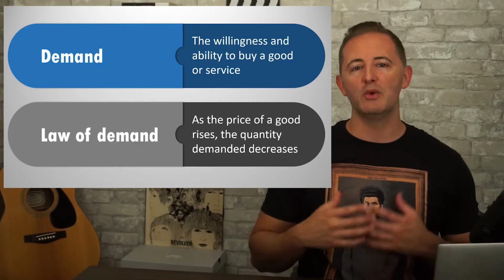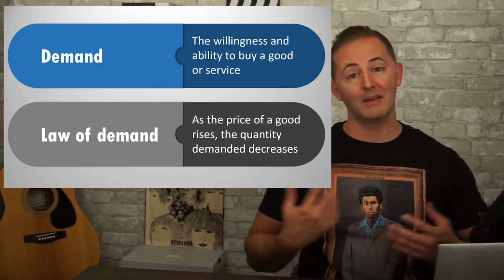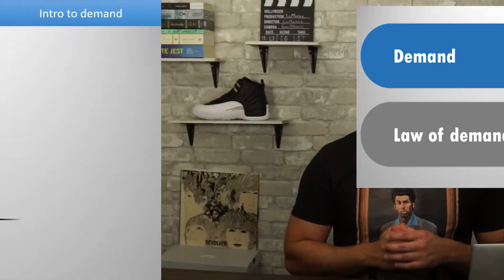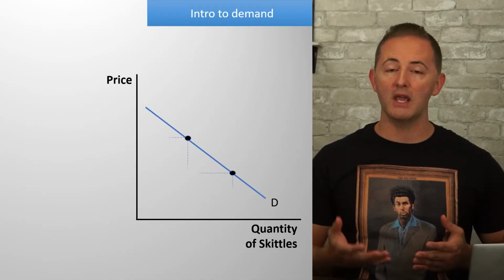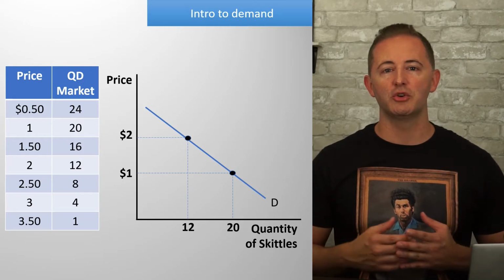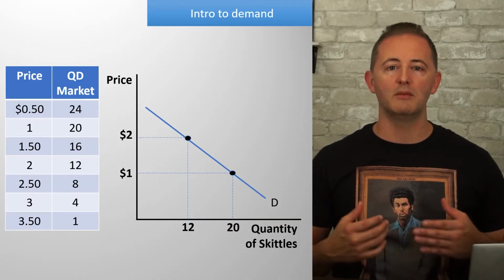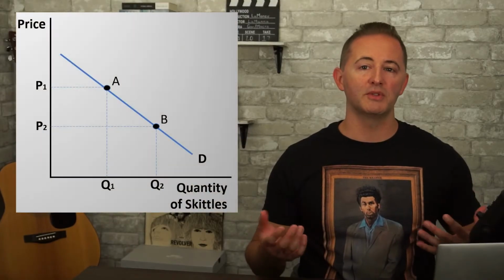So there's 2 ways that we can display that basic insight: a demand schedule and a demand curve, and let's go ahead and put them on the screen together. On our model, we label the y-axis price and the x-axis quantity. The demand schedule is a table that shows the quantity demanded at different prices, and as the price rises, the quantity demanded decreases. 99% of the time, you'll draw the model using variables like this.